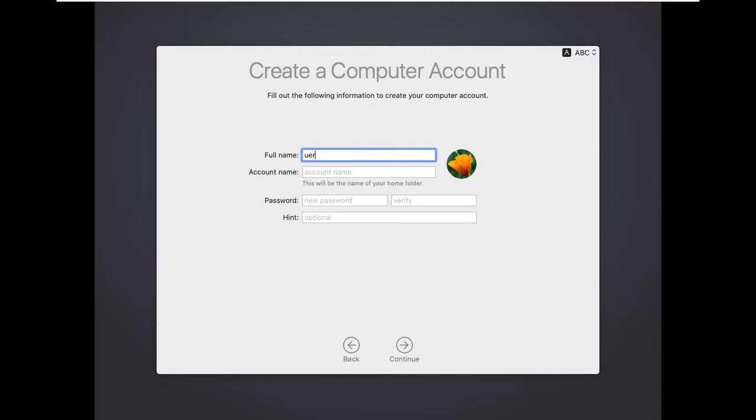I will give the account name user1, and type the password here. Whatever password you want you can type here. For this demo I will go with a short password. Click on continue.